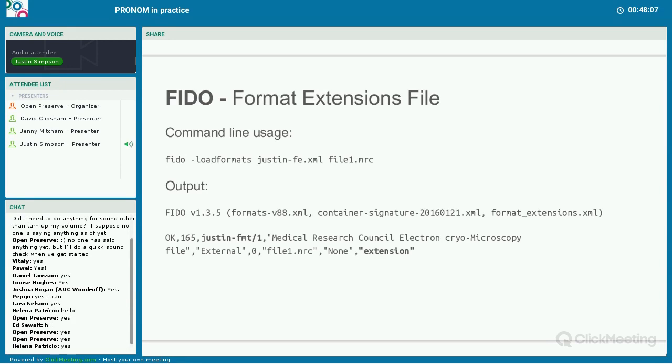So we had some examples a couple of years ago that were disk image formats. And those formats were not at the time in PRONOM 84, they weren't listed. They're now, as of PRONOM 88 and 89, all added. But we defined custom extensions to FIDO in this way, and we're able to have Archivematica then identify the files using a non-standard